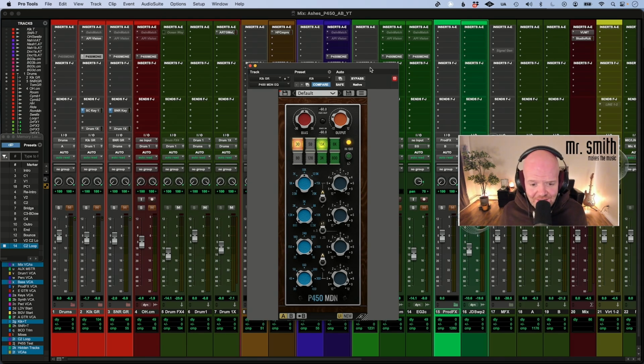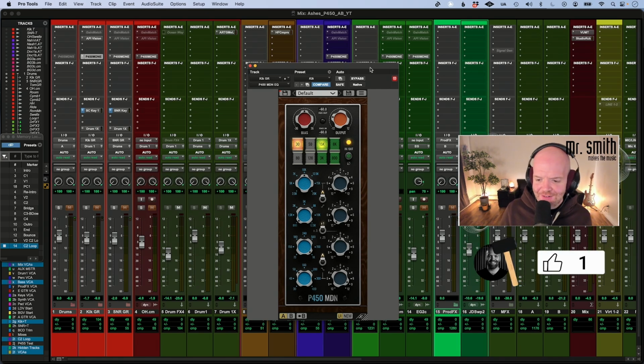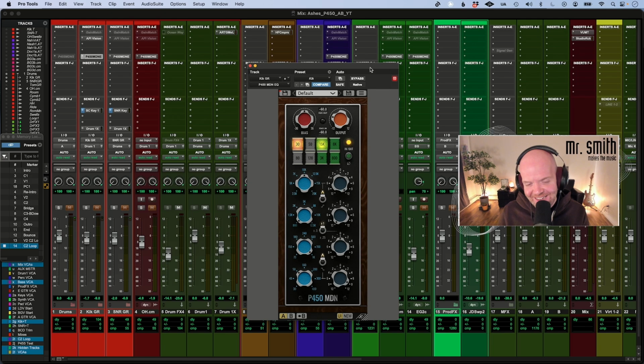Things I'd love to see on the plugin. Obviously, the compare option in Pro Tools isn't great, so I always love AB and undo. I know other DAW users get that. I would love to see that. I would love an auto gain option, but if you read the manual, you'll see that Ziad thinks very differently than I do on the auto gain option. But I do find auto gain great because it does allow you to be aggressive. You can be aggressive with this EQ anyways, but with auto gain available, you can do it in context a little bit more. But yeah, as far as a straight up EQ in the box goes, I think this thing